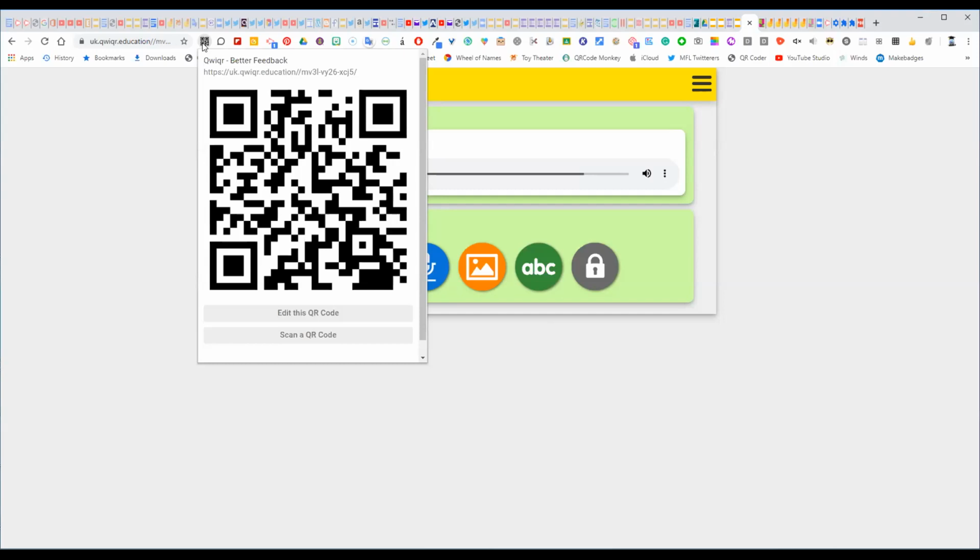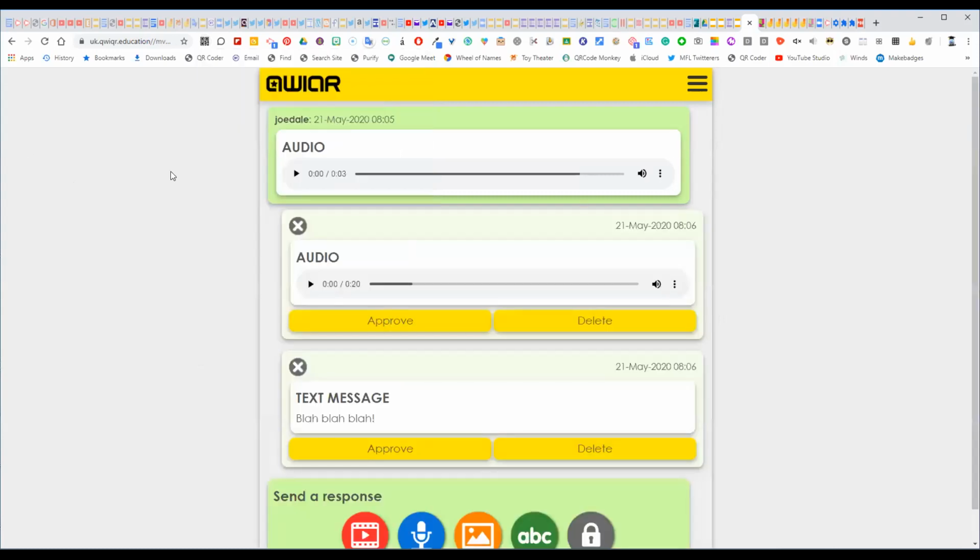This is part 2 of the conversation. So QWIQR conversation is a great way of having a to and fro conversation asynchronously, or you could set it up so that you ask a question and then the student records a presentation, and then you give them audio feedback, and then they could do a new version of the presentation based on your feedback. Like this. So then I press stop, it uploads it onto the page, and you'll be able to see there,